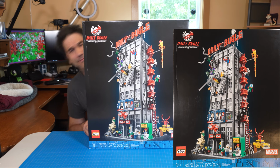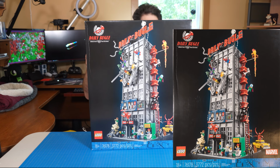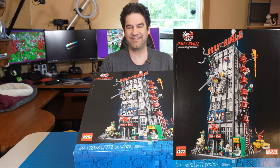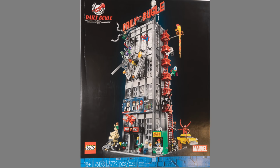Holy cow. I mean, this thing's big. This is a huge set. It's a 4 story tall skyscraper. The whole thing, when it's built, from what I can see, is about 3 feet tall. It's really big. This is set 76178. It has 3,772 pieces